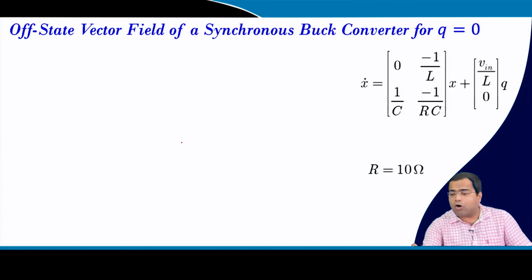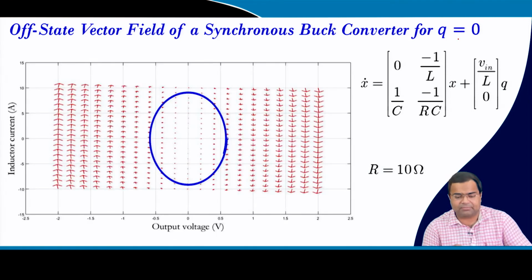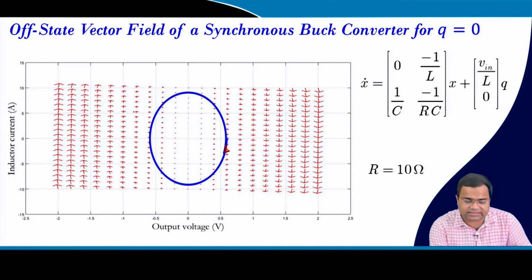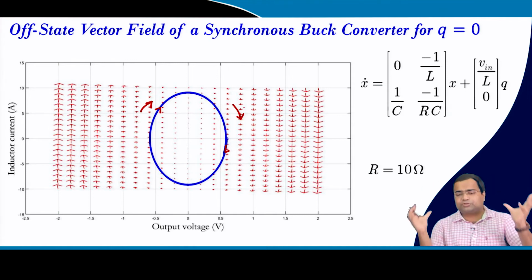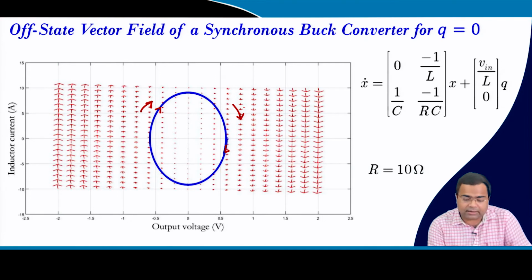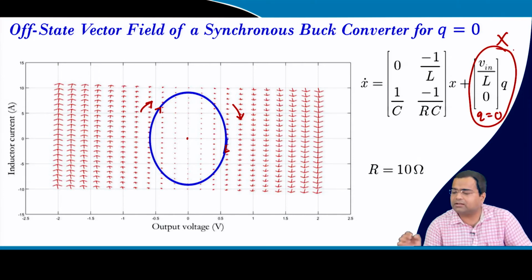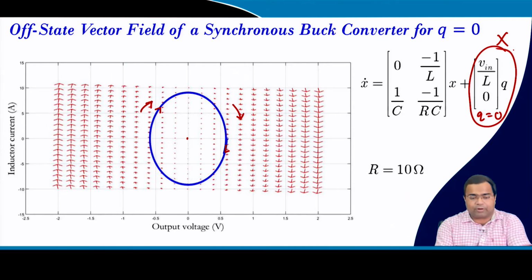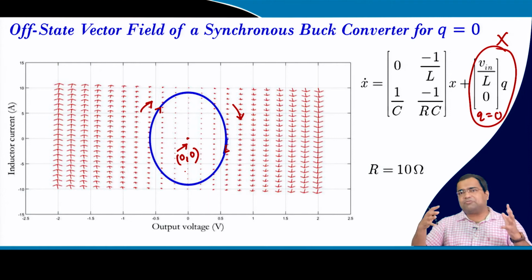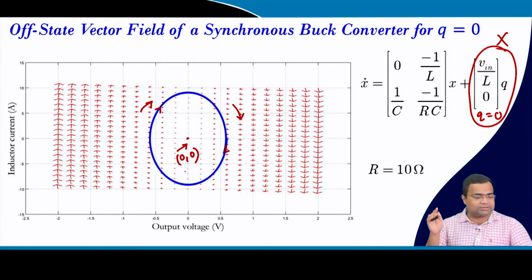If you take the off state trajectory, it will again be complex conjugate, and you can see it is rotating in the clockwise direction. That means it retains the fundamental nature of the clockwise motion, slowly decreasing, but the operating point gets changed here. Since q will be 0, this part will not be there, and in that case the origin is the equilibrium point; you can see this is the 0, 0 point, right.